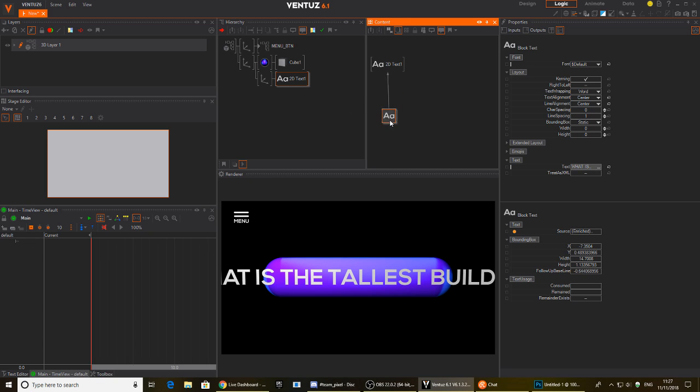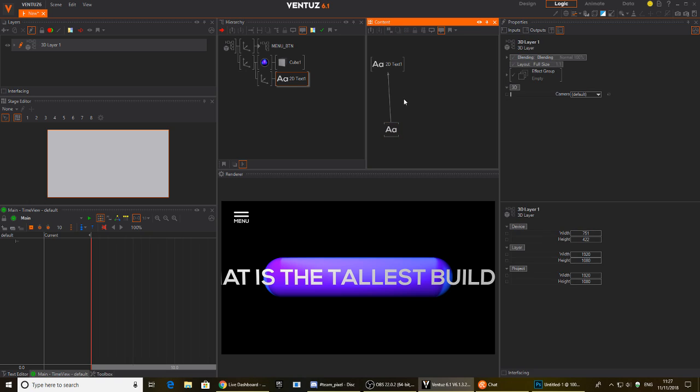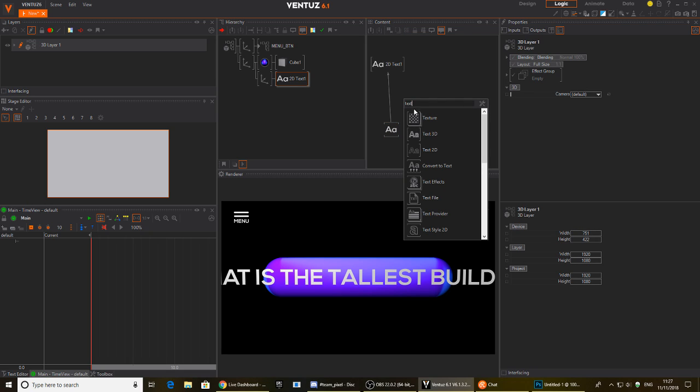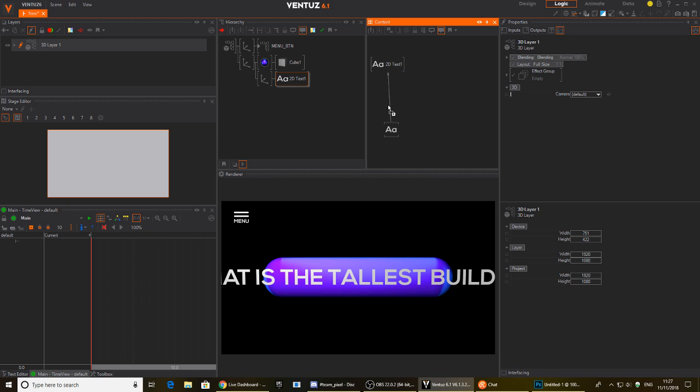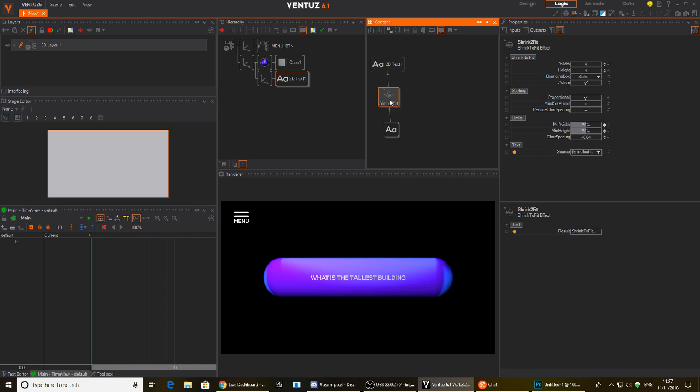And you notice here where I typed such a long line, say you wanted to keep that text within the graphic. If you go here to text effects, where is it? Text effects. I'll just drop that. You've got shrink to fit. And what you can do is turn on